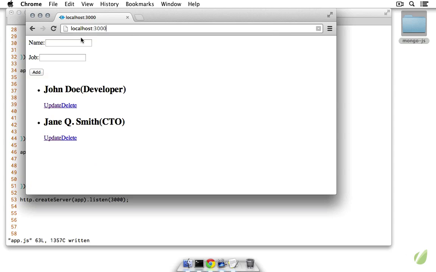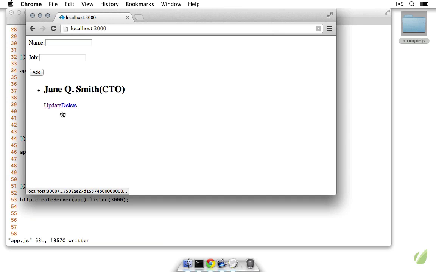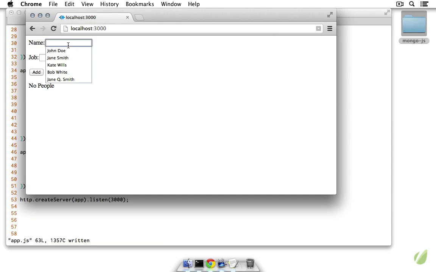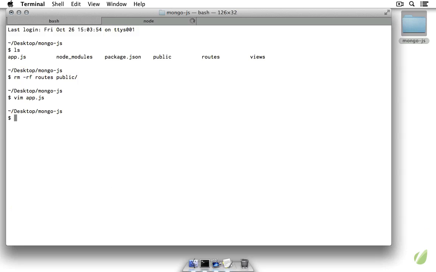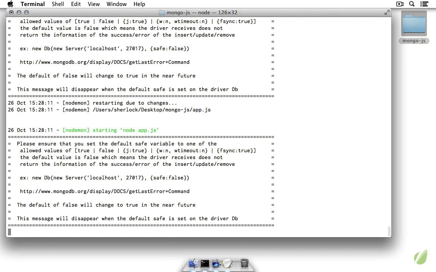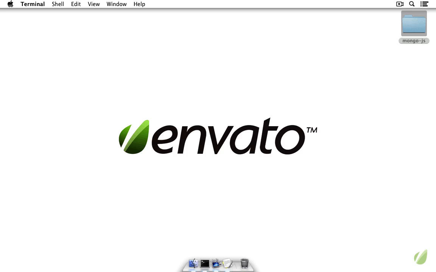So now let's go ahead and try and delete John Doe. And as you can see, he's gone. We'll delete Jane, and now we have the text no people. So let's create a new person from scratch. Kate Wills is our designer. There she is. We can choose to update it by changing her job to copywriter, and then we can delete her, and she's gone. So those are the 4 CRUD actions, and there we have a basic look at the